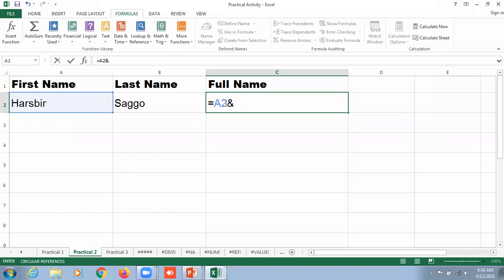Then there is an ampersand or an and symbol. Then we click on Sagu, the cell address is B2. We click on enter, and there is a text which is combined, and this is considered as concatenation.